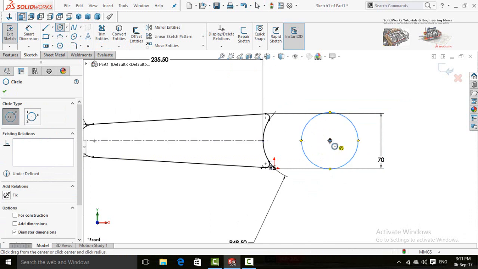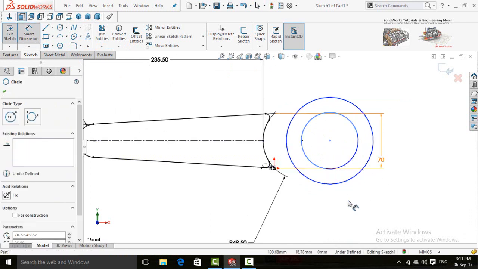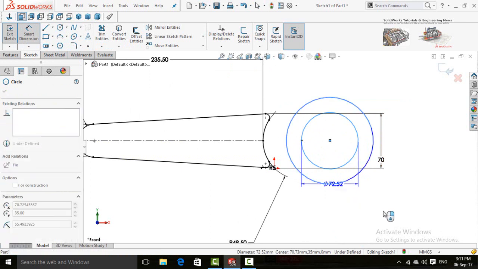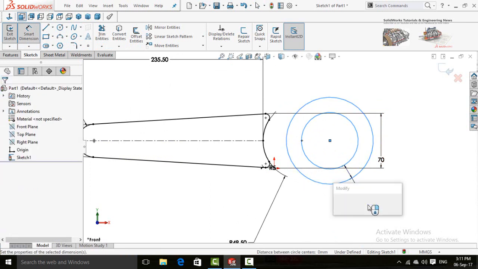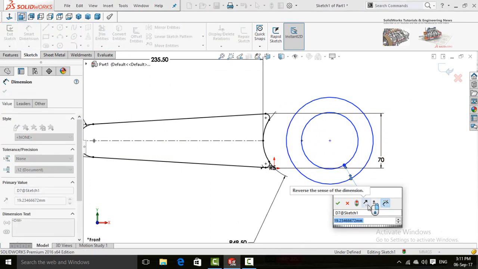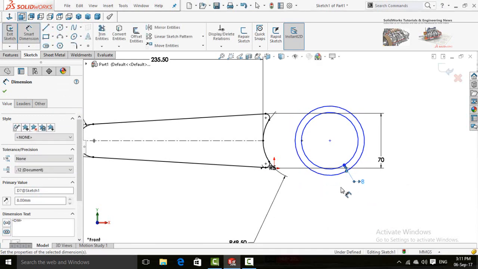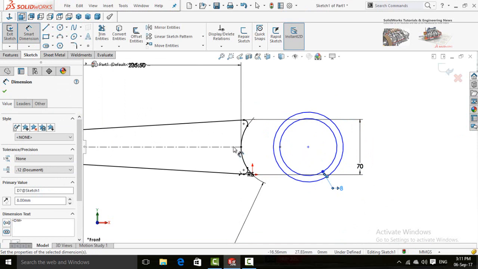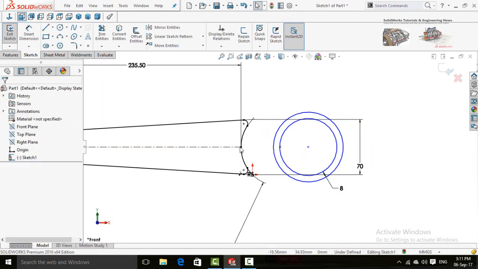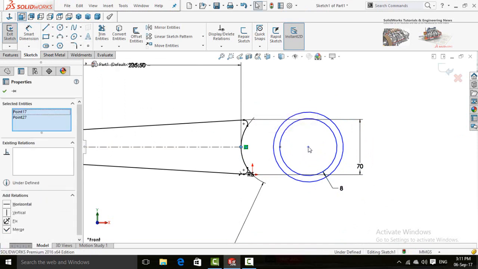Draw two circles, define them. Eight millimeters is the distance between both of them. Now click on this point and this point.